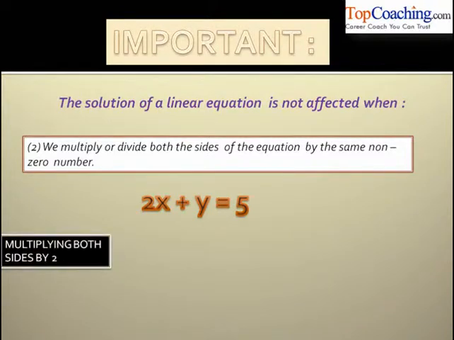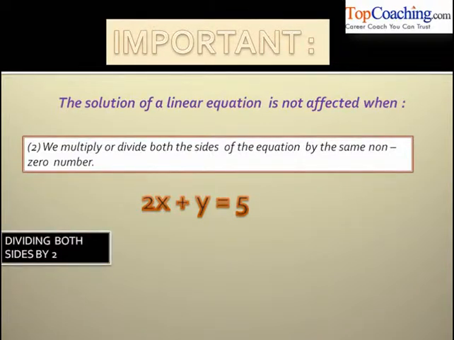If we multiply both sides of this equation by 2, then what we get is, in the LHS it would be 2 times 2x plus y, and in the RHS that would be equal to 5 into 2. Let's try to divide both sides by 2. Now what we get is x plus y by 2 equal to 5 by 2. So if we divide this equation by 2, we get x plus y by 2 equal to 5 by 2. And what we get is 2x plus y equal to 5, which is actually the same as the initial equation, and thus we can say that the equation remains the same even if we divide both sides of an equation by 2.